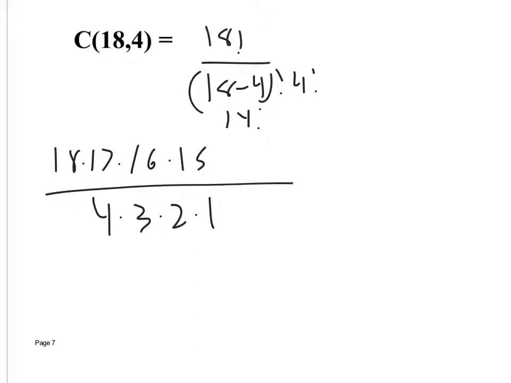All right. And if you want to, you can still cancel. Like you can take 4 out of 4 and get 1, 4 out of 16 and get 4. Take 2 out of 18 and get 9 and leave you that. Right? Take 3 out of 3, get 1, 3 out of 15 and get 5. So you take 9 times 17 times 4 times 5. Either way, when you do that, you get